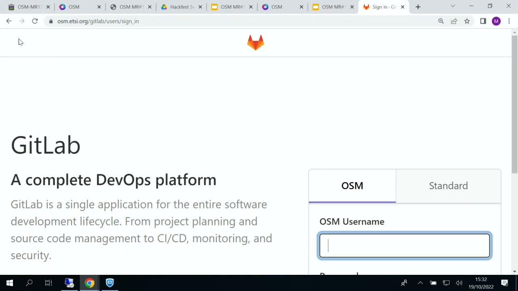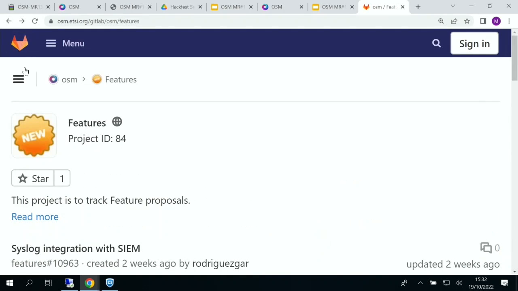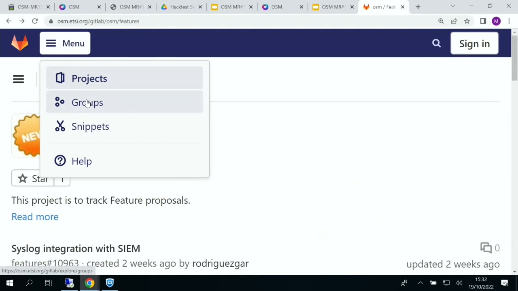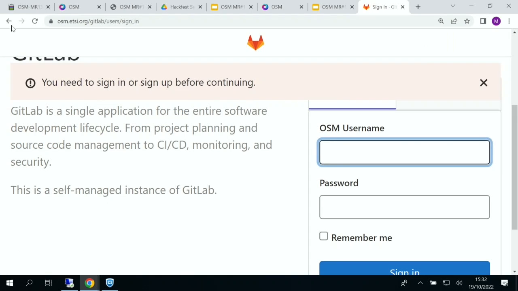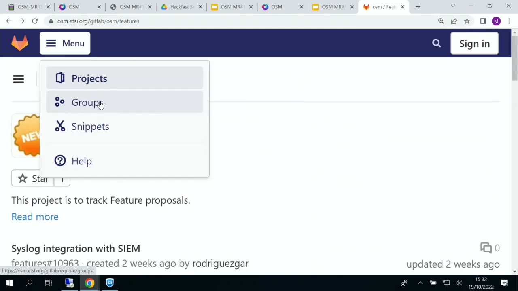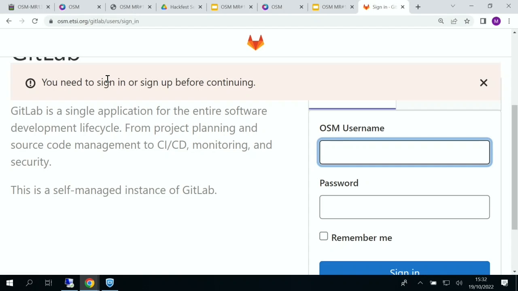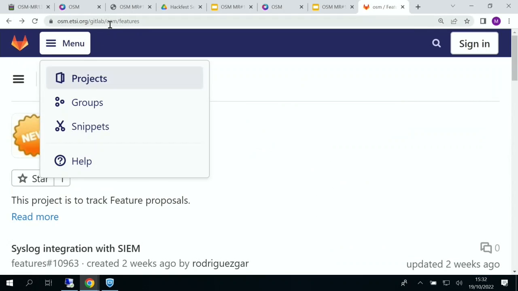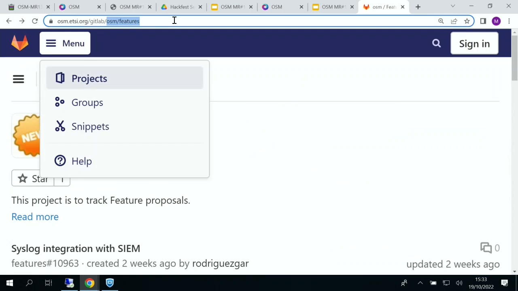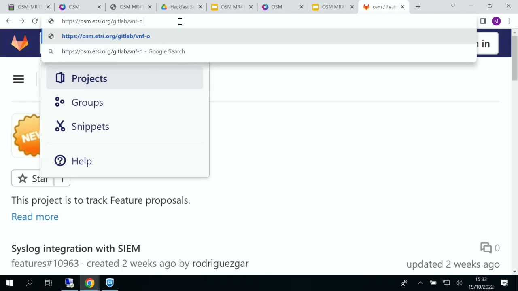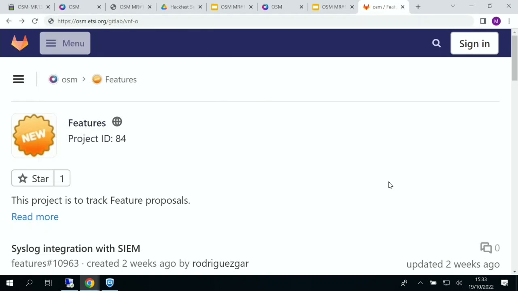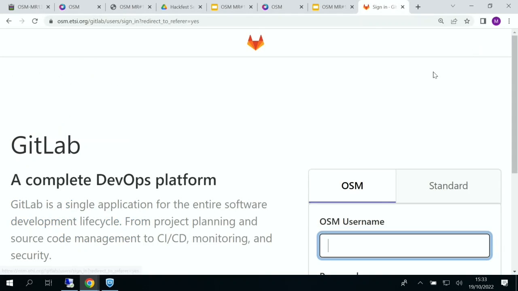We go here. Nope, that's not what I want. If I go here, and I want to look at all the different groups. Nope, that's asking me to sign in. Want to look at all the projects? Nope. BNF-onboarding, no. I'm sorry, I'm going to have to log in and